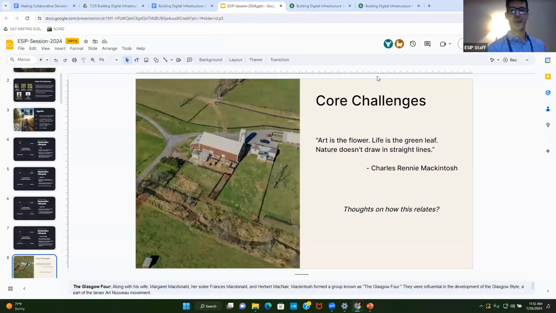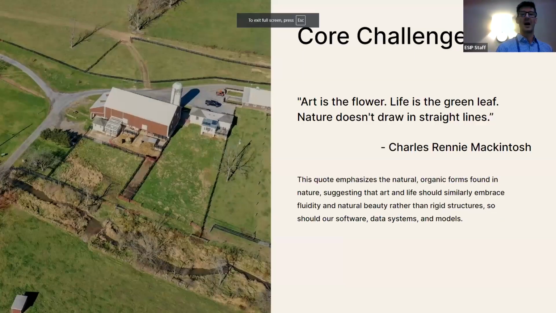As we unpack this quote and how it relates to what we're talking about today, we really believe that our data structures and approaches to technology need to follow the flexible approach that we see in systems like nature. Through these restoration efforts we're trying to improve and protect nature, so our data system should follow that.